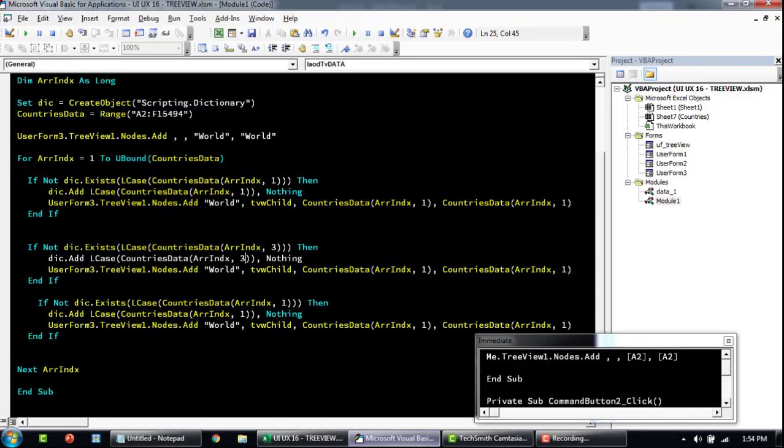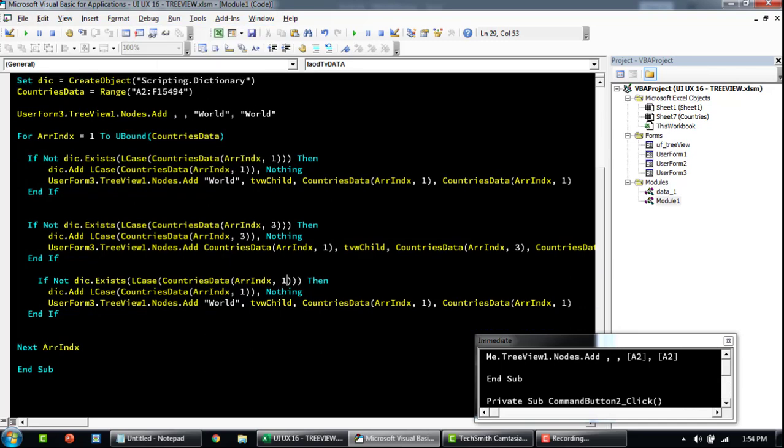Okay, so going back here, all this value that we want to add is now from the third column, but we want to add it as a child of the first column. Okay, that is the continent. Now similarly, if you come down here, this is going to be the sixth column. Similarly, the key and the text is going to be 6, and then this is going to be the child of